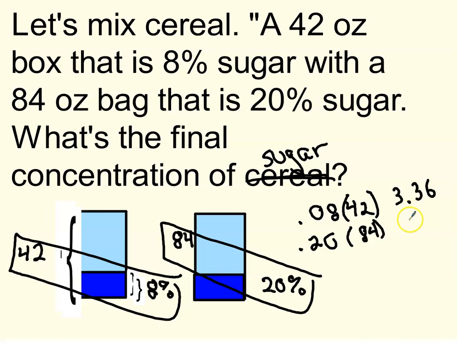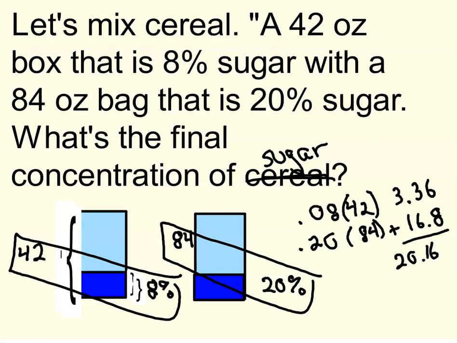Okay, that's 16.8. Okay, and then the total of those two is how much sugar we've got. So 3.36 plus 16.8. Okay, I'm getting 20.16